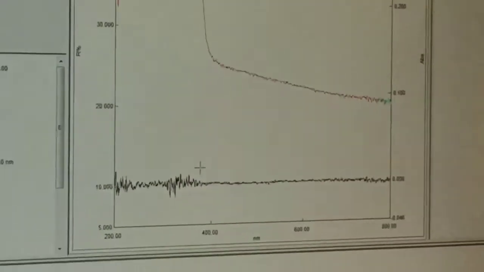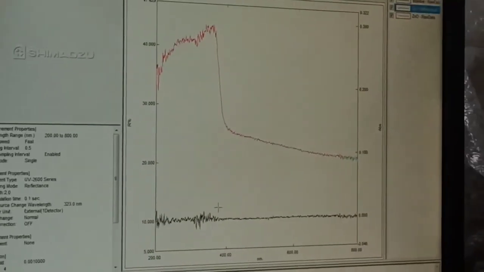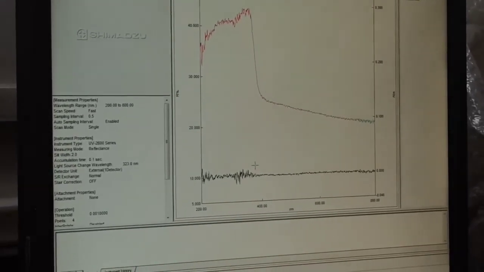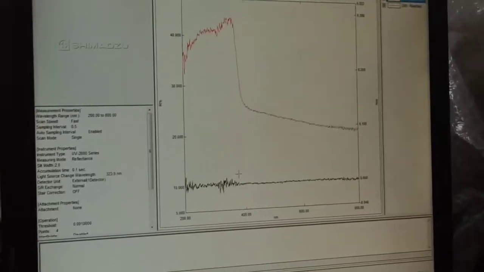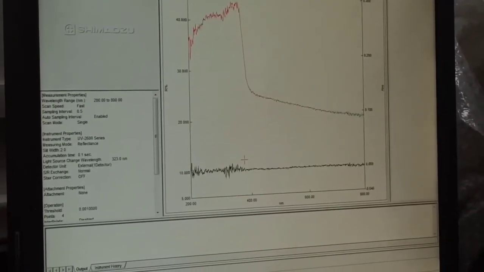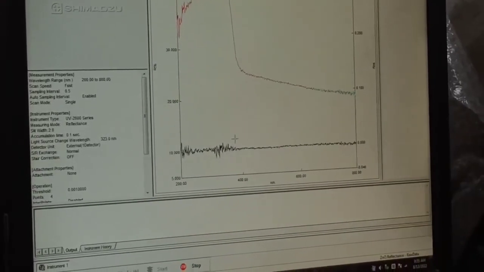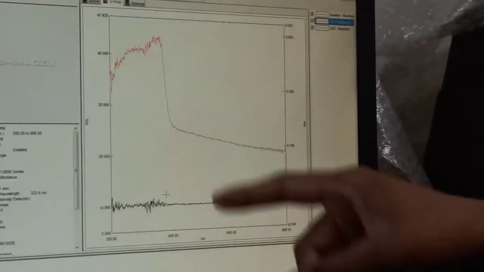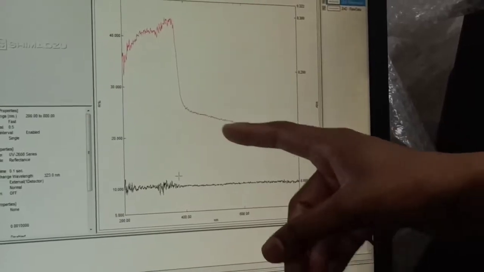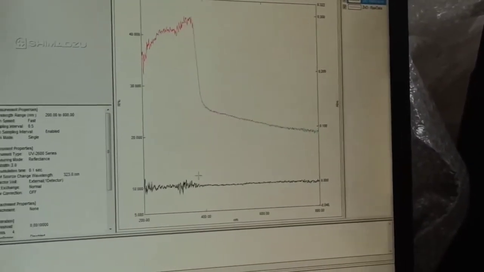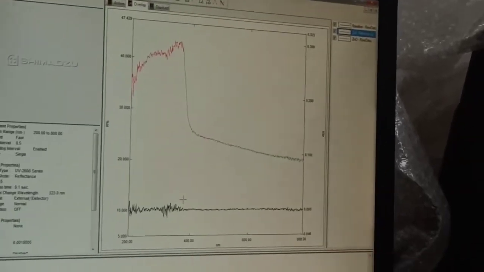For that we take barium sulfate in reference as well as in sample. We have already done the absorption for the zinc oxide for the first batch, so it gets repeated on that line. The sample is the same, that's why it is getting overlapped.